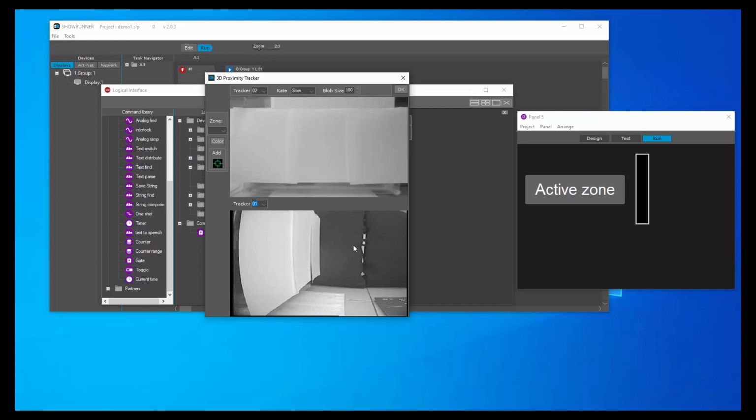If I move an object in front of my camera, I'll make it faster so we can see the image also in real time. So I'm moving my object, and you can see on the top one it's tracking it nicely, and on the bottom one it's quite far from my wall. So if I move it closer,